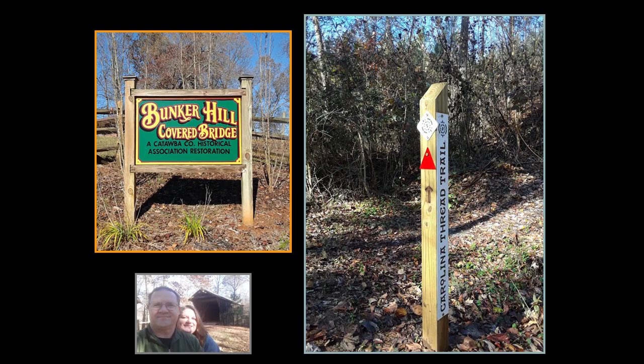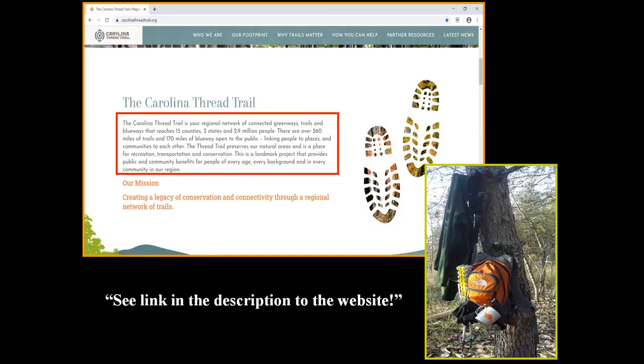One day while on a day trip, Sandra and I were visiting the Bunker Hill Covered Bridge in Catawba County. We noticed a peculiar looking symbol with a sign that read Carolina Thread Trail just underneath it. Now, being an avid hiker, I looked into it and learned that it was a regional network of connected greenways,